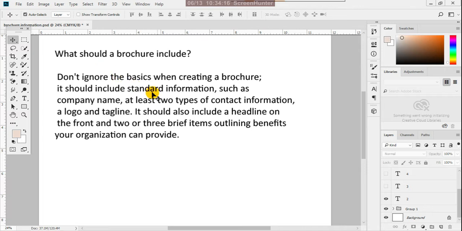It should include standard information such as company name, at least 2 types of contact information, a logo and tagline. It should also include a headline on the front and 2 or 3 brief items outlining benefits your organization can provide. It depends on how many pages you are using for your brochure.